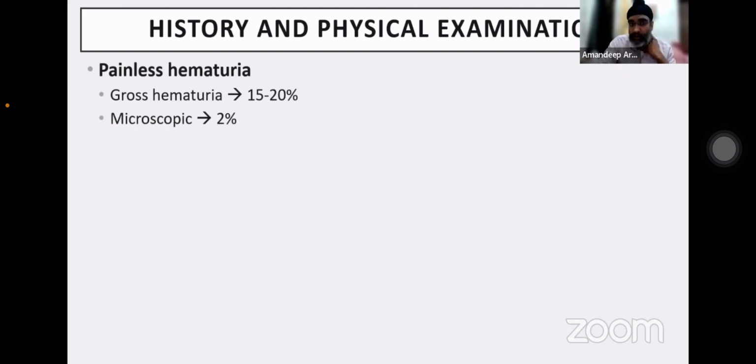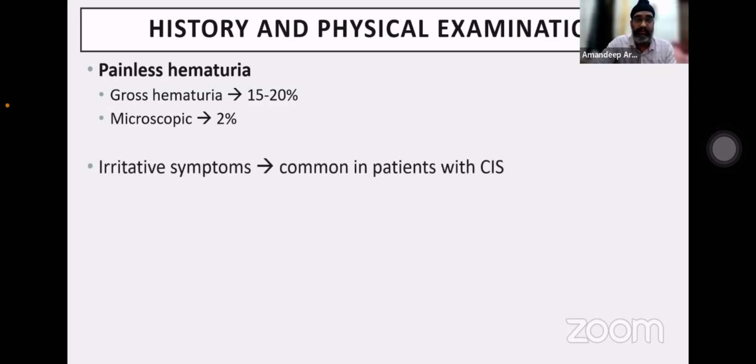So in your patient who has hematuria in your case presentation, the most important complaint that the patient will have is painless hematuria. If you have gross hematuria, there is a 20% chance that you may pick up bladder cancer in this patient. Patients who have irritative symptoms